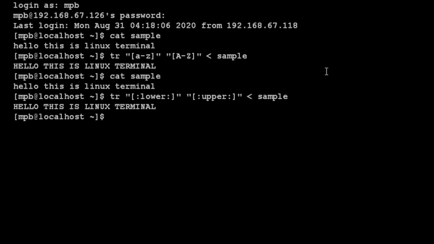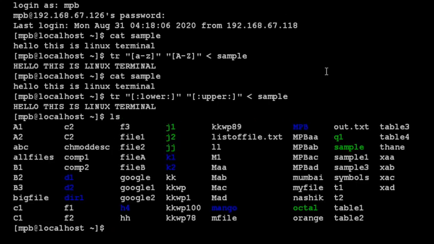Now we will see how to store the output of this translated file in another file. So it is very simple. You have to just use the same command, and in front of that use output redirection and use another file name. Now we will provide a file name which is not existing. So before that we will use the ls command to see which different file names are available here, and I think the n1 file is not available, so we will use that.